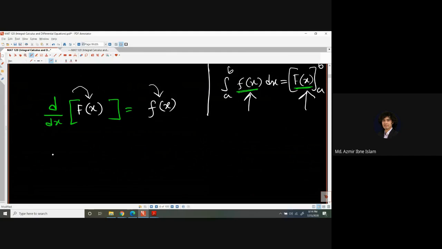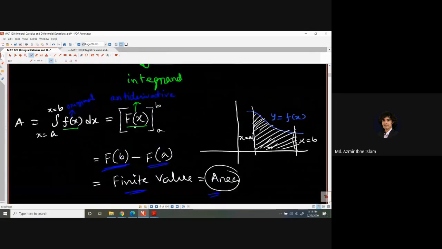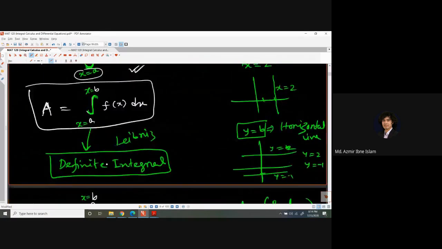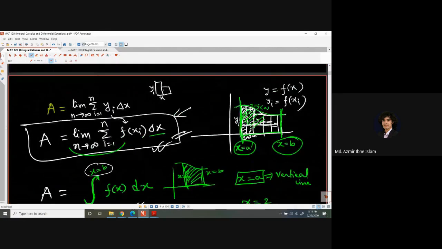Sir Isaac Newton and Gottfried Wilhelm Leibniz found that evaluating the antiderivative is the same as adding up all the rectangles. Whatever concepts we have for the limiting concept, we will get the exact area if we sum up all the rectangles. If the number of rectangles is infinite, then the area under that curve will be